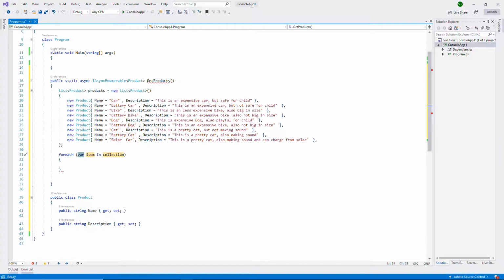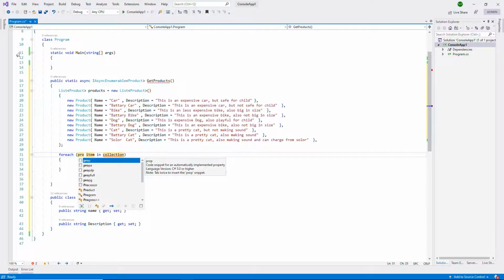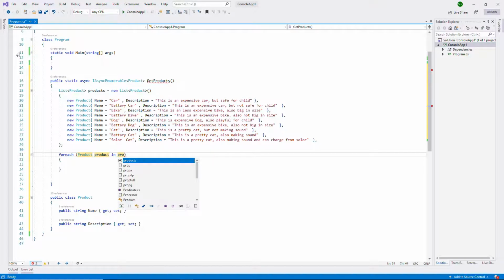Later I will go and create one foreach loop which will iterate over the product list. Let me use here the products variable.